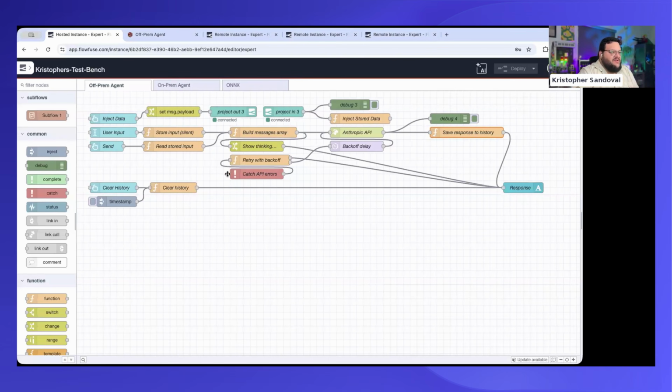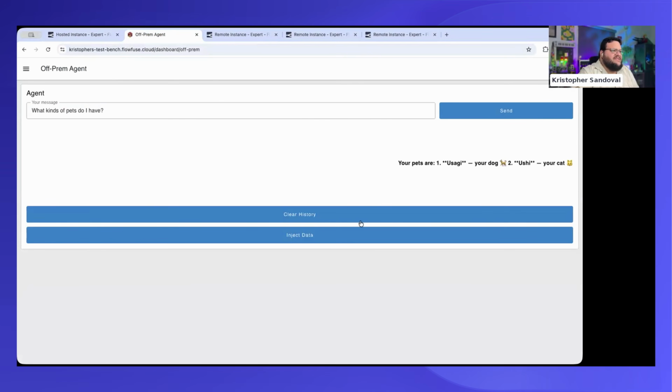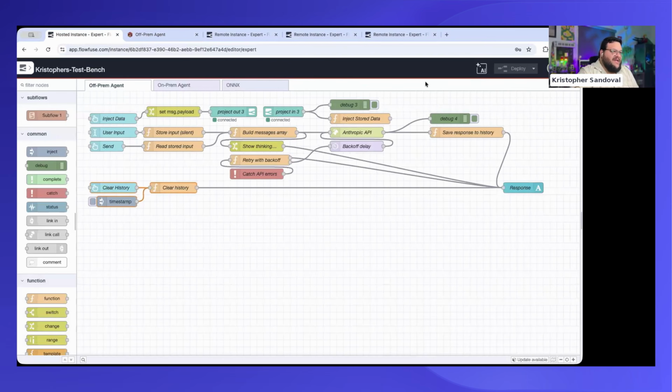One thing I'll note here is we do have a general purpose API error catch, which then triggers a retry with backoff and a delay. Basically, if we're overloading the server, it'll wait a couple seconds and try again. We also have a solution here to clear history. And so with all that said, if I wanted this to do something more complicated than this, right? This is kind of nonsense. I'll clear history. You'll see when I hit that button, I'll come back to our flow state